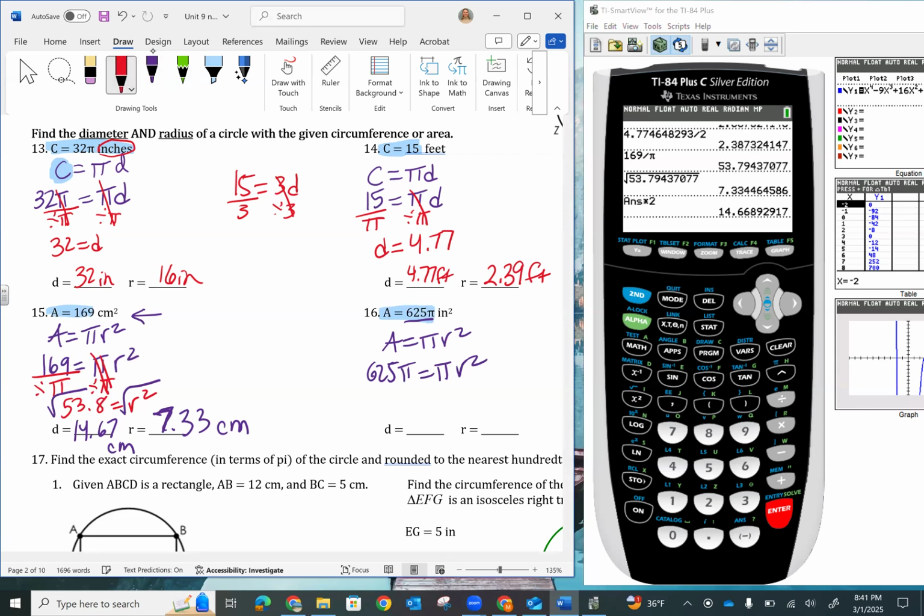If we want to get to r, we're going to divide both sides by pi. This cancels on that side, and this side also it will cancel out. If it didn't cancel out, you'd have to divide it by pi in your calculator. And now what we have is 625 equals radius